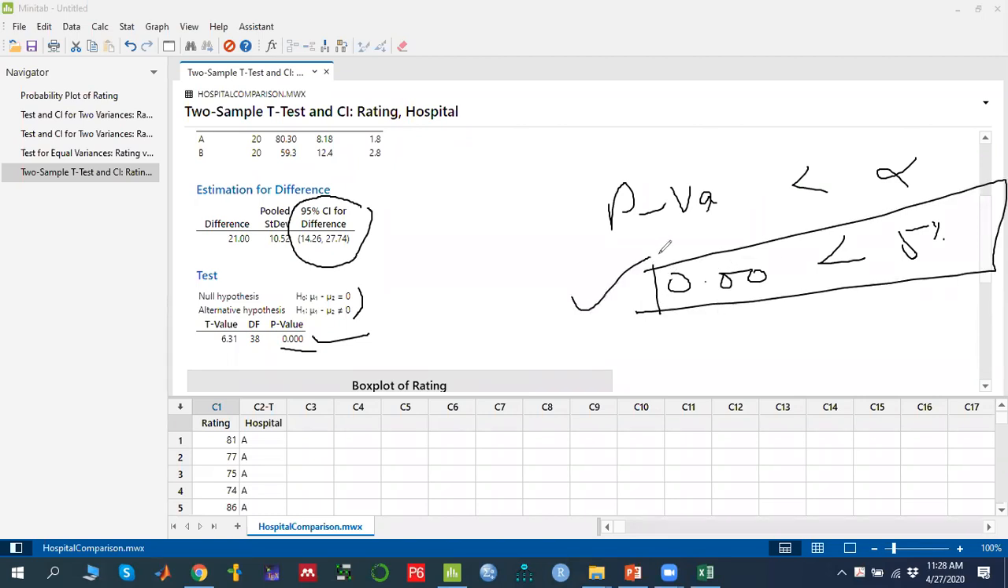That means both the hospitals do not have the same rating. So it might be possible one of the hospitals has a greater rating compared to the other hospital. Specifically, because we have considered the two-tail test, we cannot say one is better and another is not better. But right now we can conclude that both the hospitals do not have equal average rating. Okay, so this thing we can